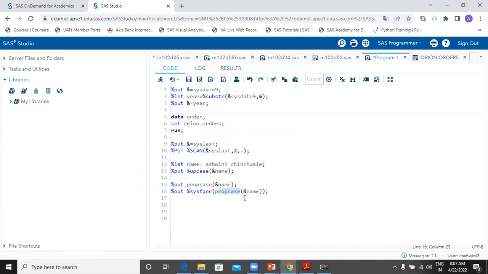So if it is not clicking that this will work only as a SAS function, just ask SAS to enhance its work by using the %sysfunc function. %sysfunc can be used on any SAS function to be used on your macro variable. So in our case here also, if I write,